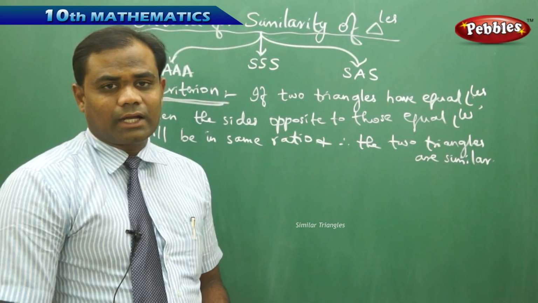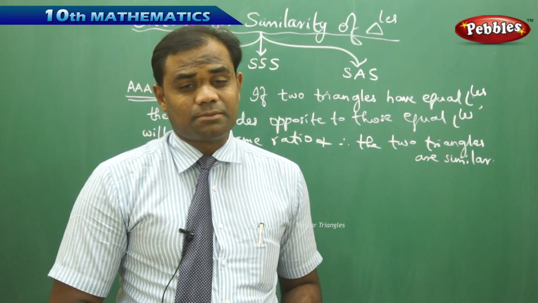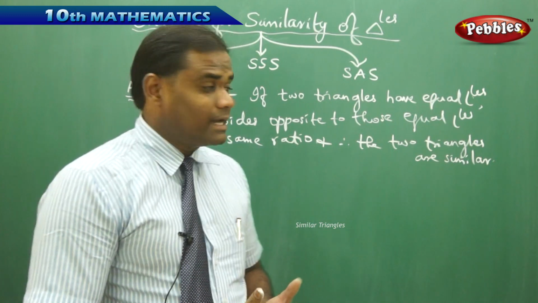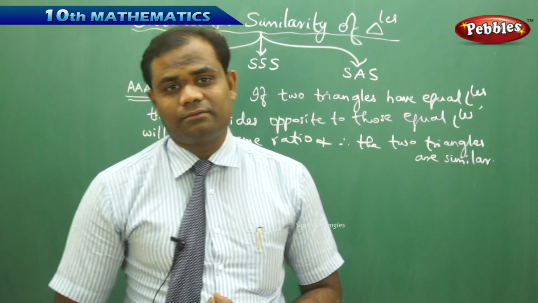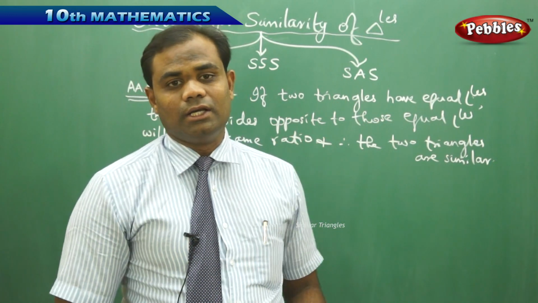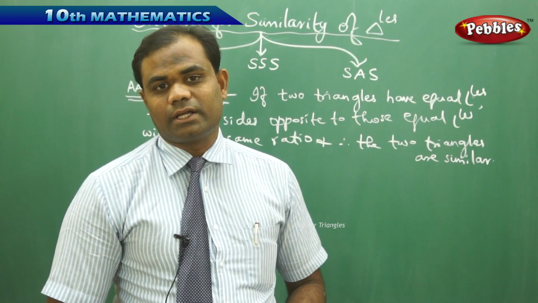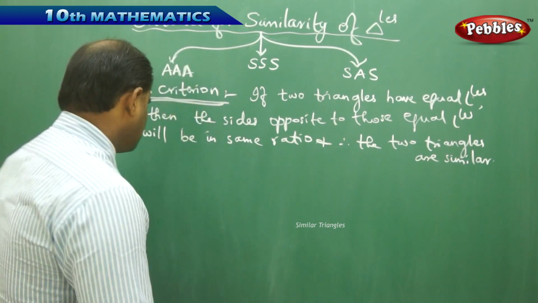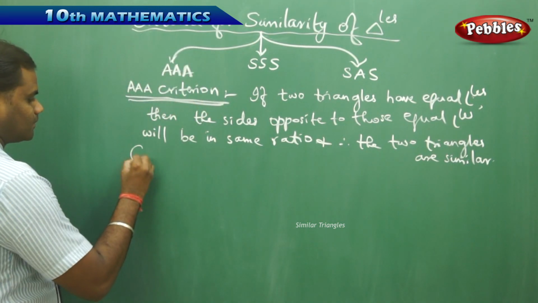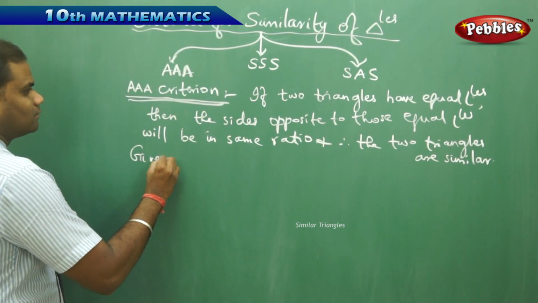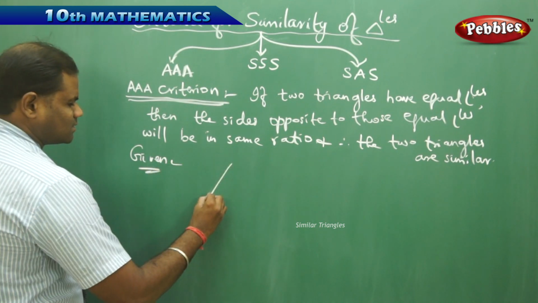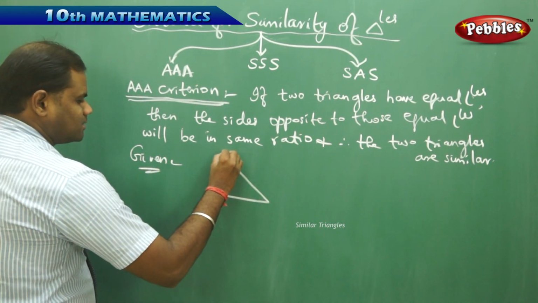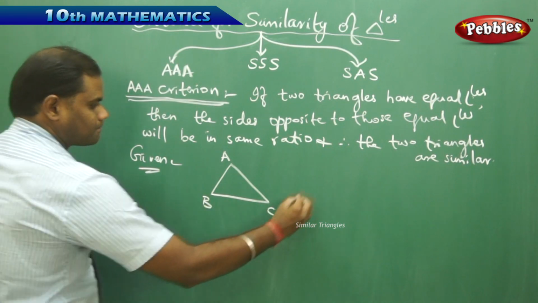So we are proving the condition of the corresponding sides being in the same ratio indirectly when the two triangles have their corresponding angles equal, which is what we are going to prove in this statement. So if I have two triangles with equal angles, say for example, given two triangles, let me say ABC and